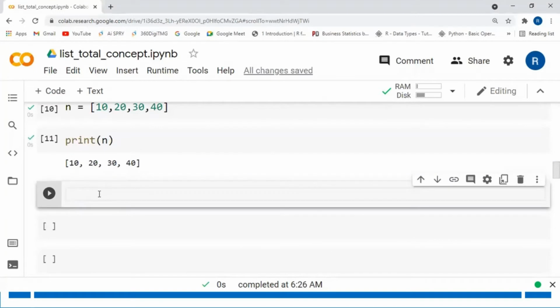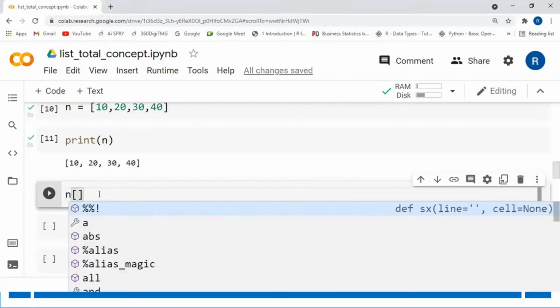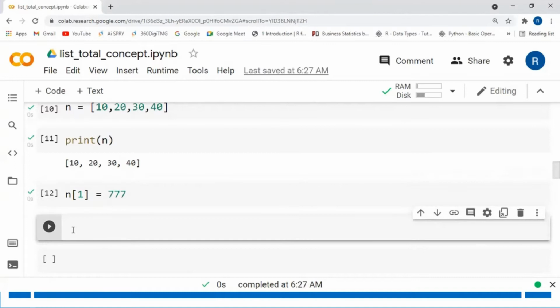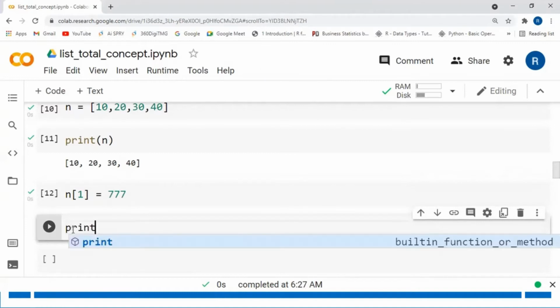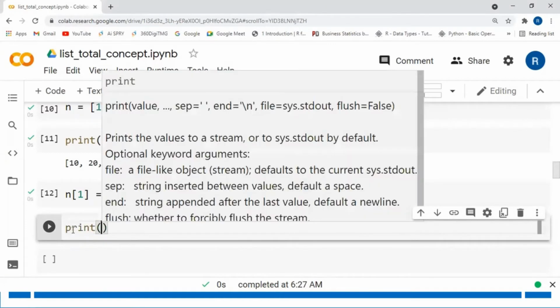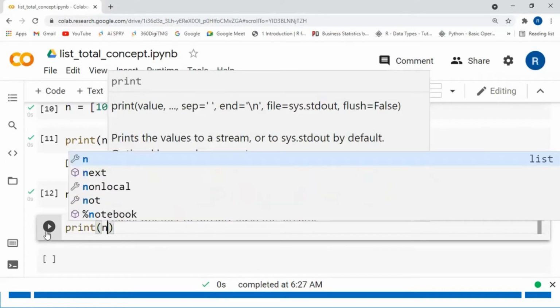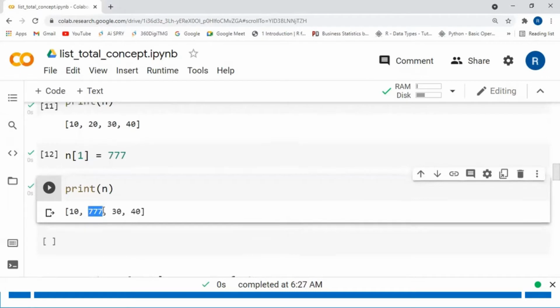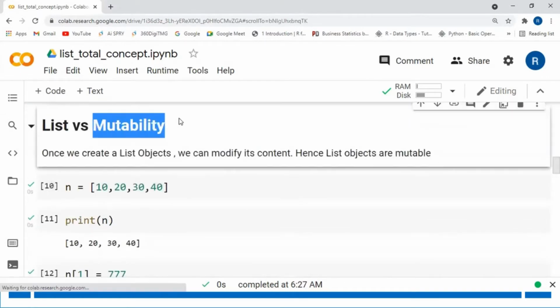Now I want to modify its content. At index position 1, I am modifying the element. I am taking 777. Now I am printing the new list. Yeah, the content is modified because lists are mutable.